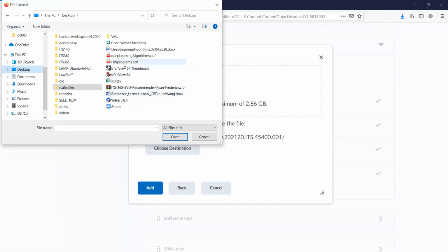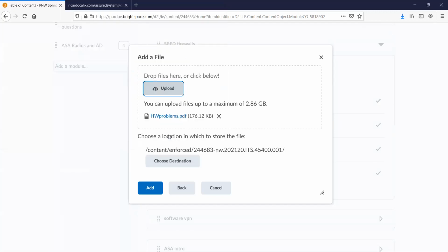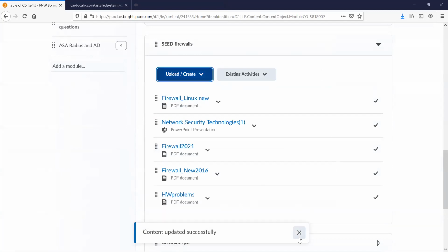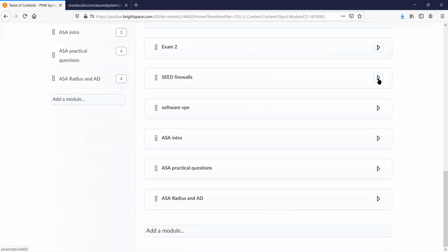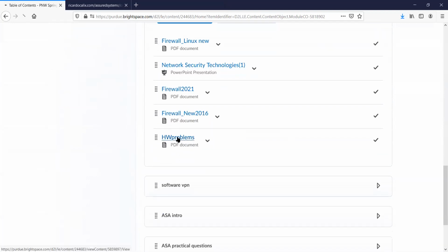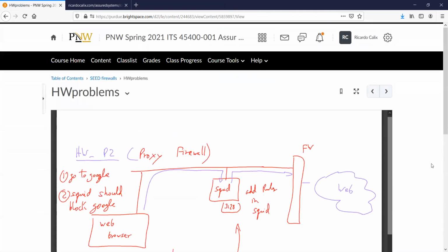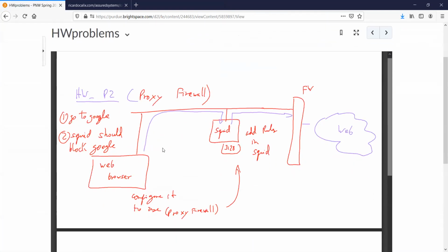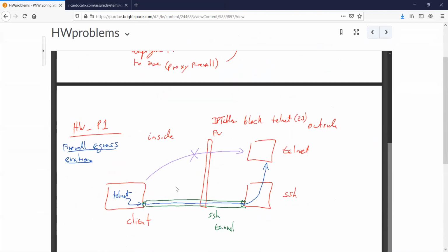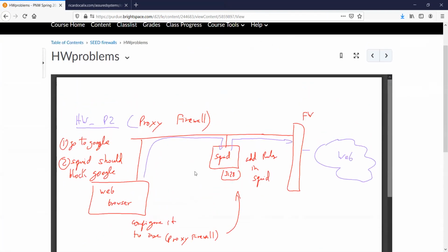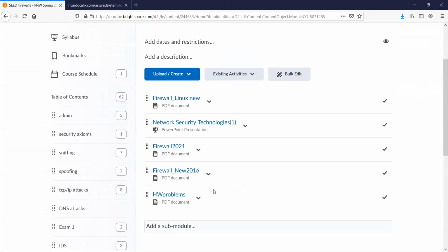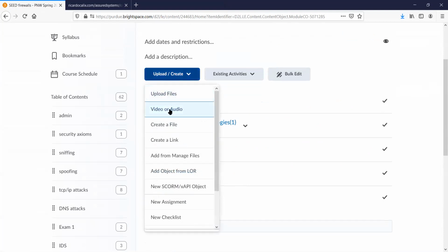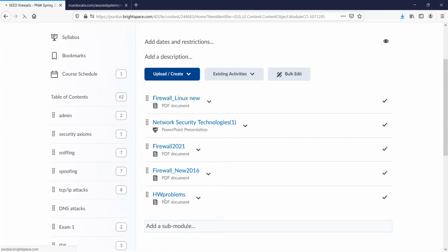So it is homework problems. And, okay, you can see now, if we click on this document, PDF, you can see it's basically what I just wrote. So problem 2 is right there, and problem 1 is right here. This is what you have to implement, okay? So let me go ahead and just add the link for these in here. So I'm going to do new assignment,